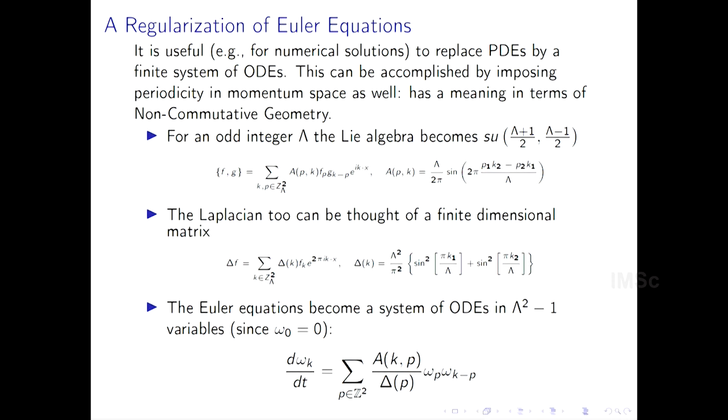So you would like to truncate the number of independent degrees of freedom to something finite. But this is a tricky thing to do, especially in areas like fluid mechanics, because if you take a Fourier series and you simply truncate it by cutting off the high frequency modes, that doesn't work, because whenever you have nonlinearities, the product of two things with low momentum will go to the high momentum. So we understand this in quantum field theory.